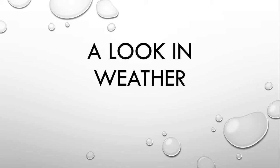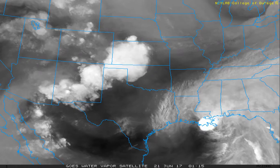Tropical Storm Cindy has been the main talk of really this week. Where is this going to go? Where is it located right now? What is it doing, and what has this caused? And hopefully I'll be able to answer some of those questions, but let's take a look at the water vapor